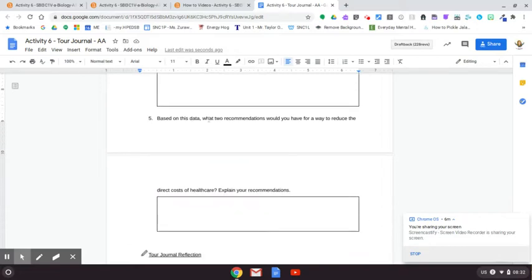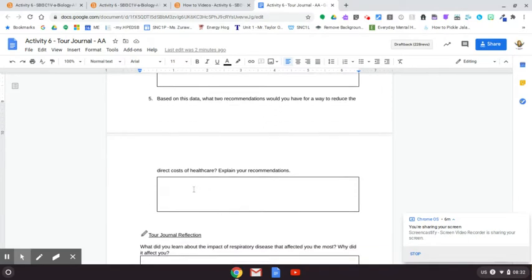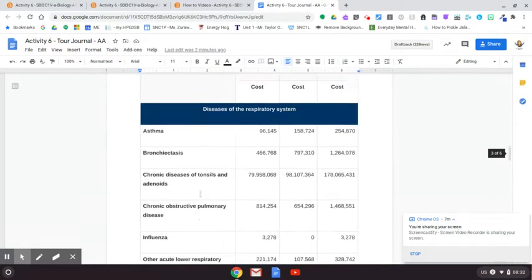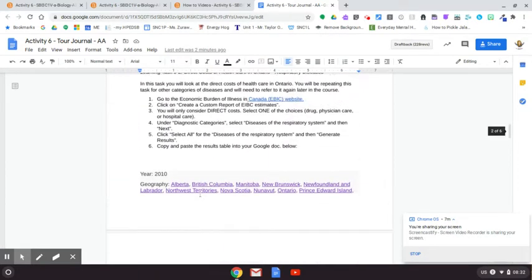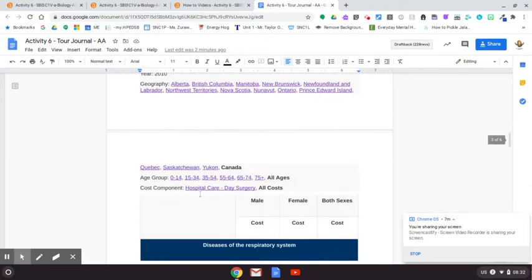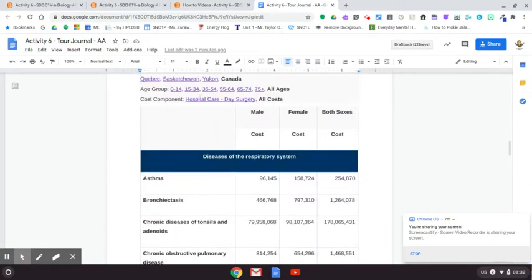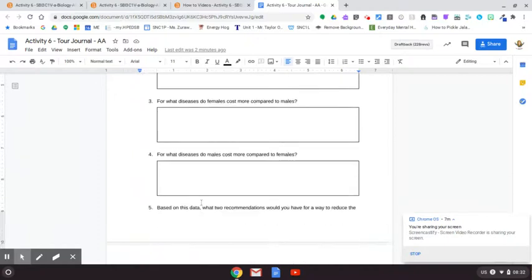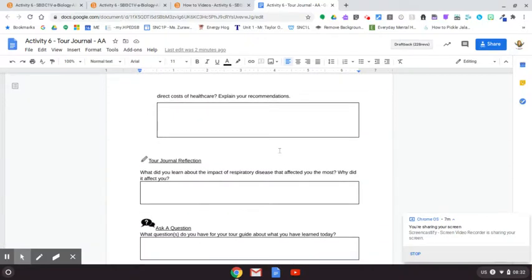And then based on this data, what 2 recommendations would you have for a way to reduce the direct cost for healthcare? So explain your recommendations. So keep in mind, what did we look at? I think ours was inpatient, wasn't it? Where was it? Hospital care day surgery. So you're going to think about how could you decrease the costs with something like that. So think about your data, think about what makes sense. After you've done that, I should put a star, submit